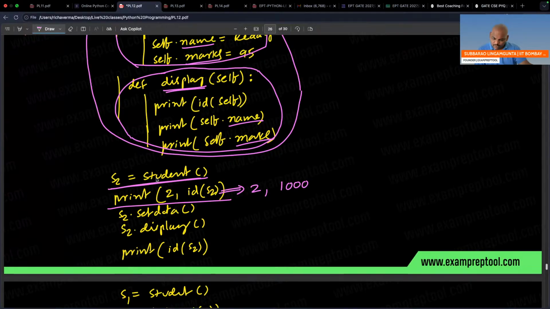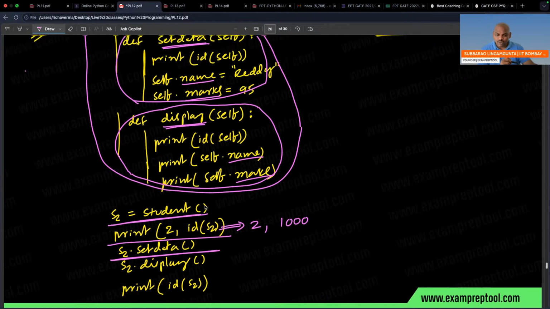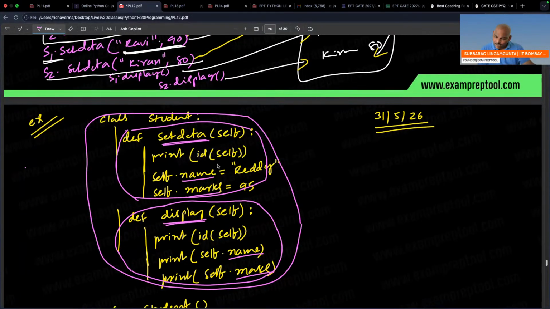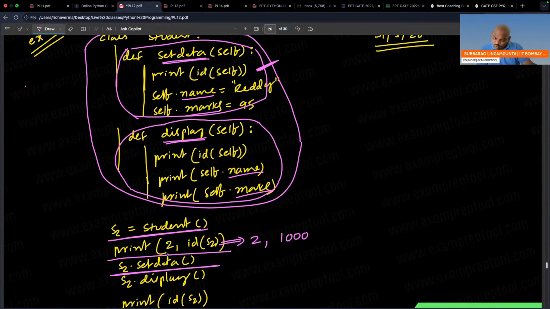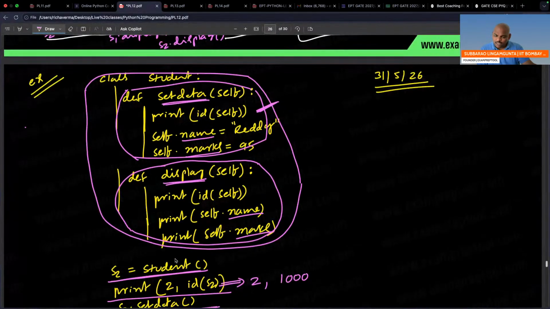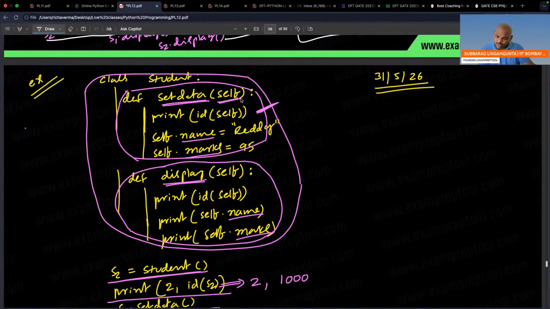Next, S2 dot set data. For the S2 object, the set data function is called. I came here. Now here it prints the ID of self. Because you called S2 dot set data, the S2 object came. Self means that only. If you want, you can check, this will also print 1000.